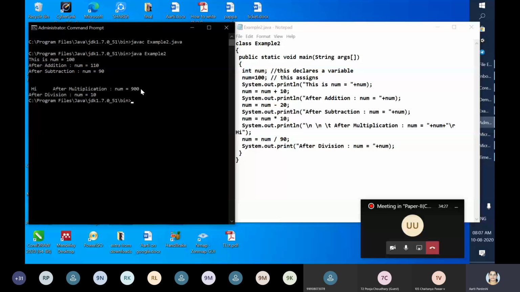So that's why here itself we have written backslash n and backslash t, and then after that backslash r will take the control to the starting of that line, and it's going to print hi. As there were blank spaces because of the tab, that's why you are able to see this hi. But if I'm going to continue this statement, it's going to overwrite your after multiplication statement. So if you're going to write like hi, welcome to Java, it's going to overwrite everything. So this was regarding escape sequence characters. Backslash n, backslash t, backslash r, backslash b is also there. It's a beep. So you try all those things.